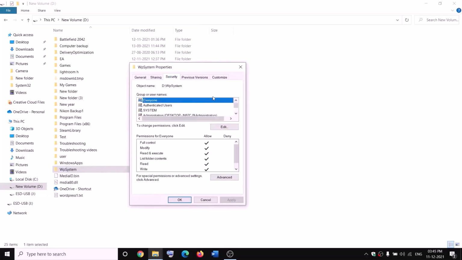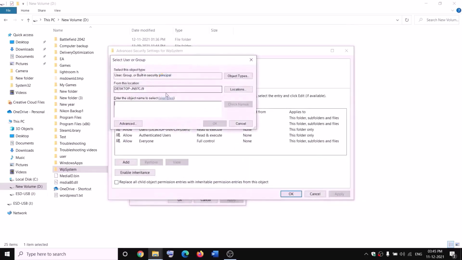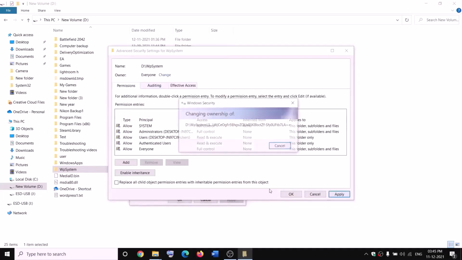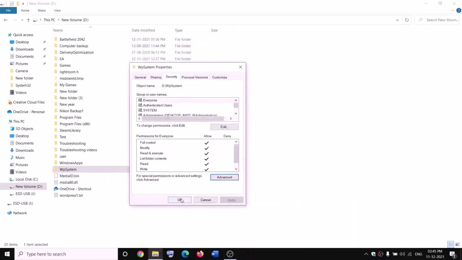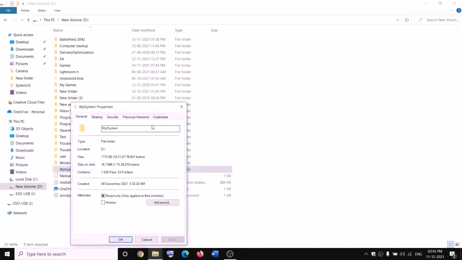We will go ahead and take the ownership of this folder. So go to security tab and then click on advanced. Now click on change over here and then type in everyone over here, and then click on check names, then click on OK. Now put a check on the box which says replace owner on subcontainers and objects, and then click on apply. OK, OK, OK, and then again make a right click on WP system folder, select properties once again,